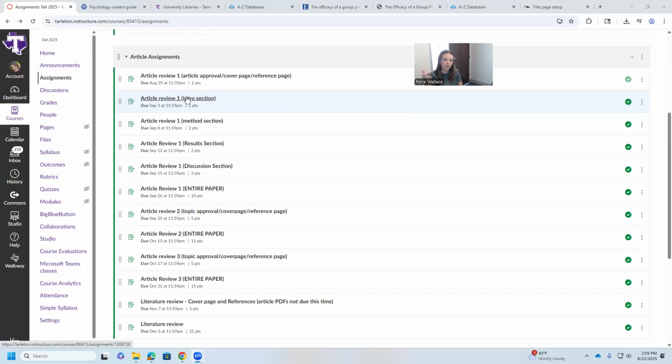You're just reviewing each of the sections in APA format, which means I care about you having the page numbers, that it's in a clear font, and that the font is the same throughout the paper, and that your level 1 headings are bolded and centered, and your level 2 headings are left aligned and not centered, and all the things that your APA manual says they need to look like. So I don't know, this is longer than I intended, but I just wanted to help you understand what we're looking for in the first assignments. That's all.